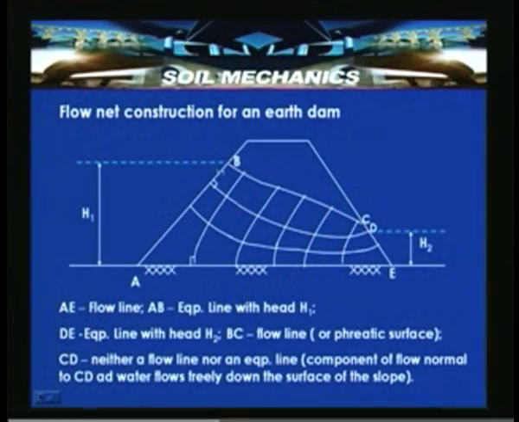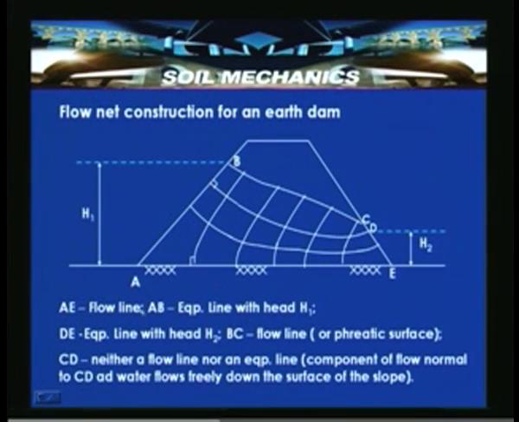Note that, this being an equipotential line, the flow lines have to start orthogonal to this equipotential line, and they have to meet this equipotential line at right angles. So, this orthogonality has to be maintained. AE is nothing but a flow line, because if that is treated as an impervious boundary, then AE has to be treated as a flow line. As flow cannot take place across this AE, being an impervious boundary, AE happens to be the flow line.